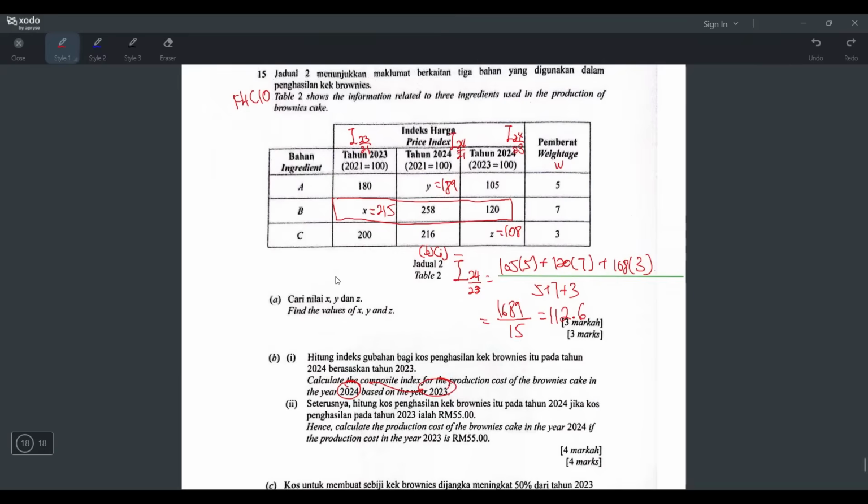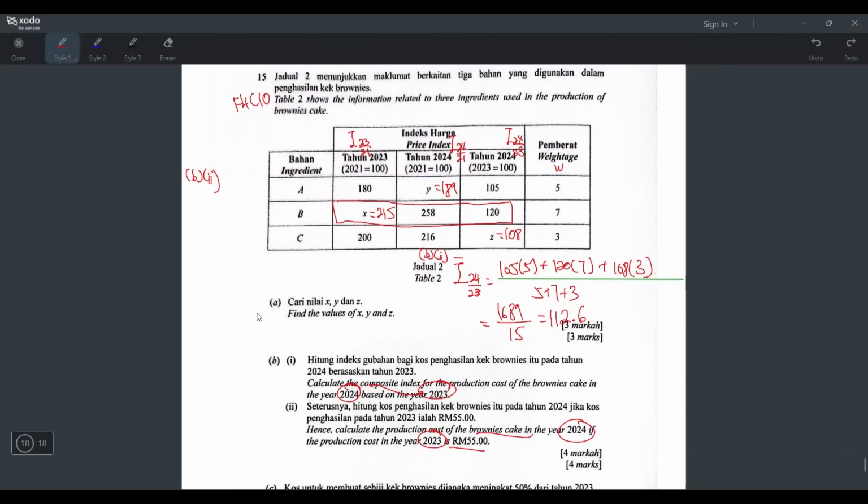I know I need space. Where to do it? Okay, I'll do it here. B2. Okay, let's read. Hence, calculate the production cost of the brownie cake in the year 2024 if the production cost in the year 2023 is 55 ringgit. Okay, as you can see, they give you a price and ask you to find another price in another year, right? So definitely you will use the first formula, the price index formula, which is I equals P1 over